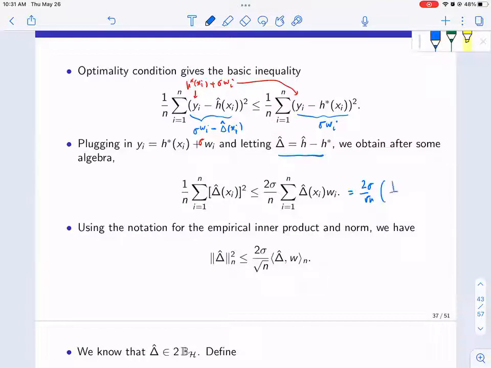So this quantity, 1 over root n, summation i from 1 to n, delta hat xi and wi, I'm representing for simplicity as delta hat wn. Okay, this is really the inner product, if you want, properly, Sn, delta hat, and w. This is the usual L2 inner product. In order to not write that Sn, I'm just writing it like that. Okay, so we have this nice little